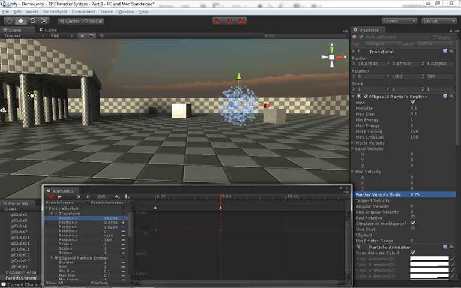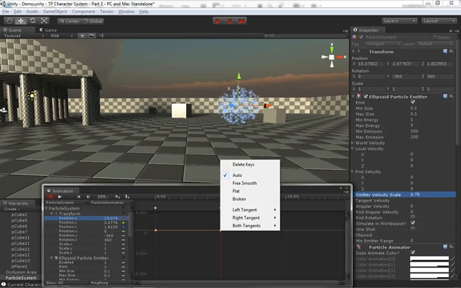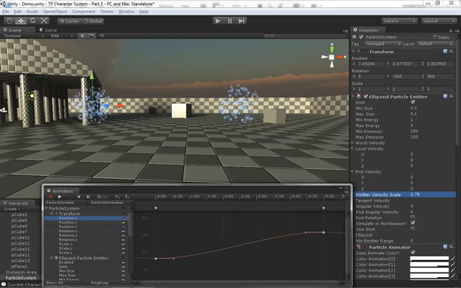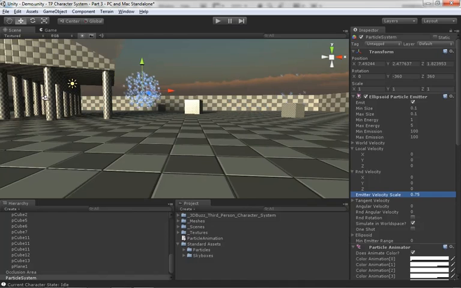If we want to be really fancy, we can right-click on both of our keys and then come down and set these to flat, and that'll give us a nice ease in and ease out transition while we move. As a matter of fact, if I hit F, you can now see that. We get a nice S-curve. Okay, so with that, let's stop recording. Let's close out our animation window. And if I hit play,